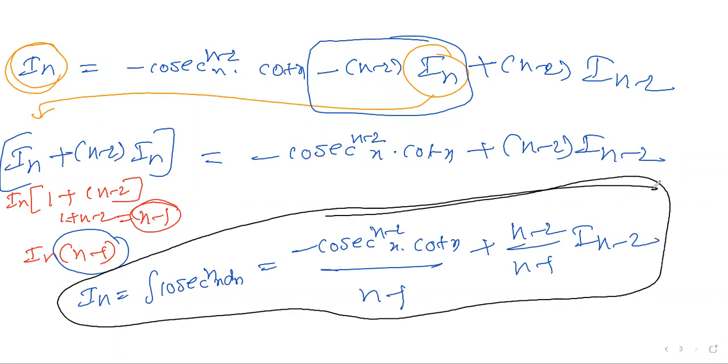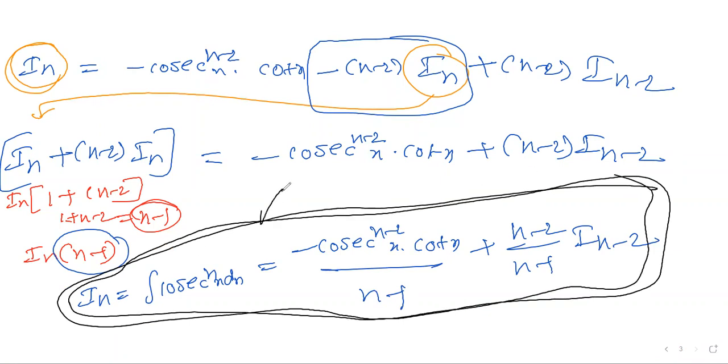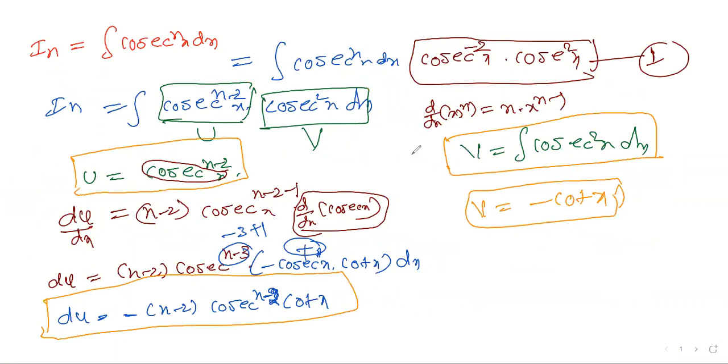This is for cosecant x, and how you do this is very important. Remember the formula; the rest of the things are LKG things. So, recalling what is important: we have the integration of cosecant power n x dx, and we are going to analyze this. Here, first you take it as I_n, the question. Step one is that you need to multiply and divide by cosecant power n minus 2 x and cosecant square x. This is step number 1.